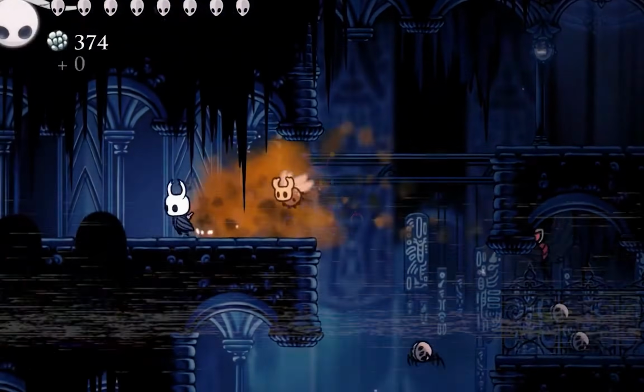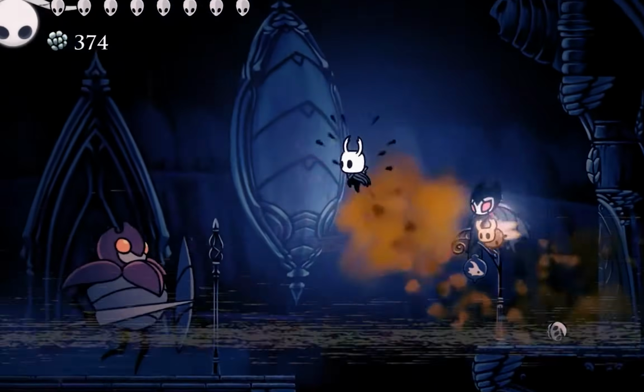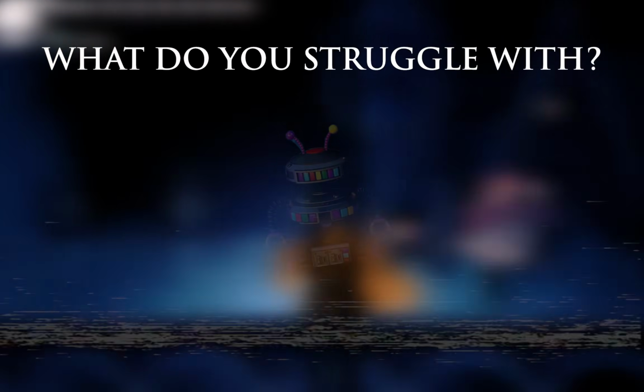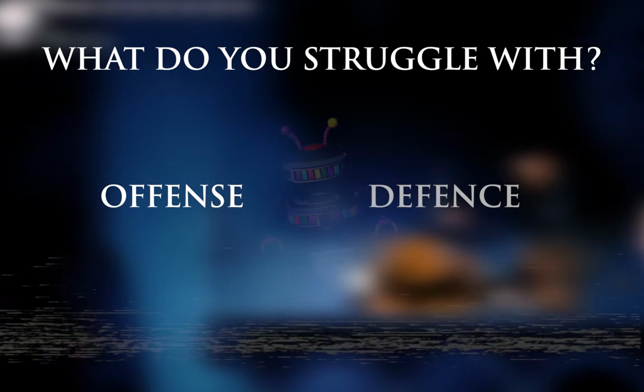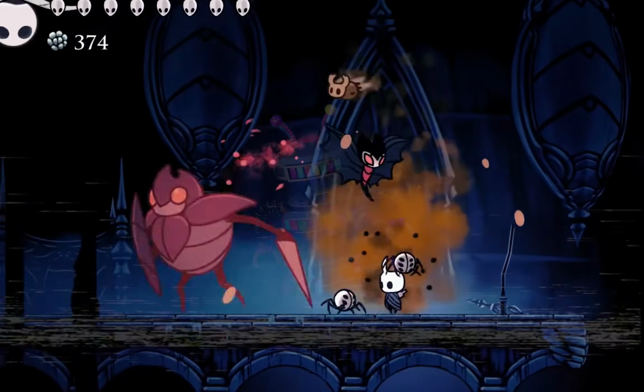This means that if you know what you struggle with, you know what charms to equip to lessen your weaknesses. I would suggest asking yourself this. What do I struggle with more? Offense or defense? If you struggle offensively, this means you struggle to land hits on the boss, or fail to